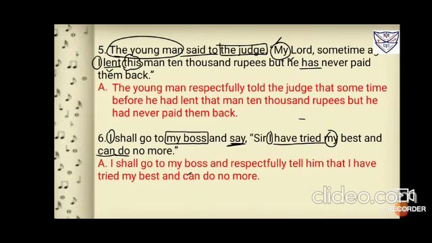Now begin with any nearness. Is there any nearness used? Yes, this. So put a flower. This will change to that. And now we'll begin writing. The young man respectfully told the judge. Okay, the comma gets replaced with that. Some time ago. Some ago is also a nearness, children. So for ago you have to put a flower.